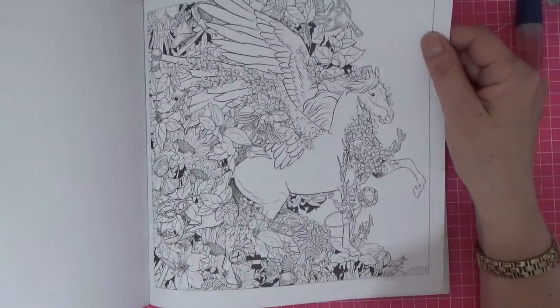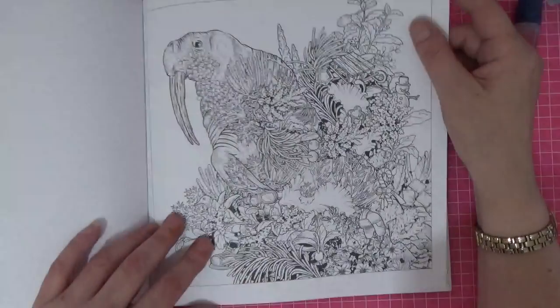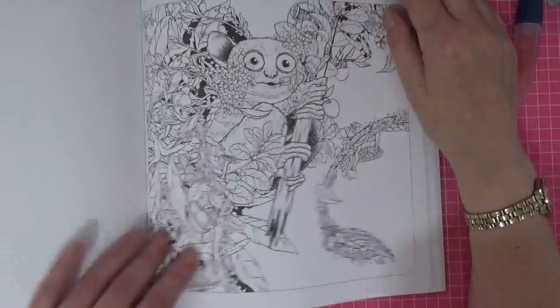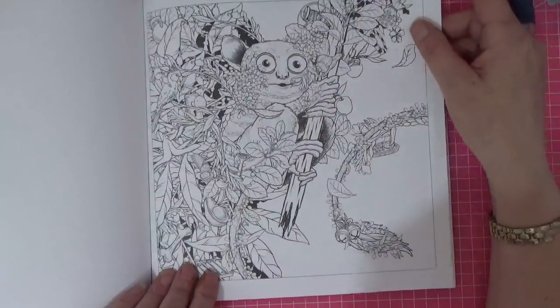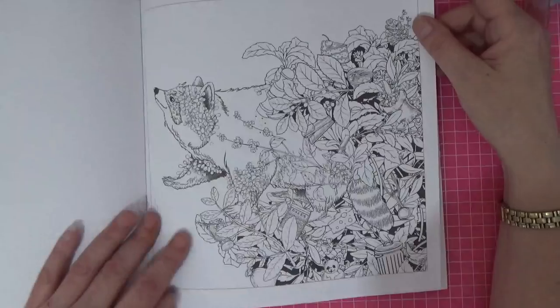Absolutely stunning. Look at that Pegasus. Absolutely stunning. I'm sure you've seen all these. Look at the little bush baby. Gosh, his eyes would be fun to colour. I'm sure you've seen all these, but